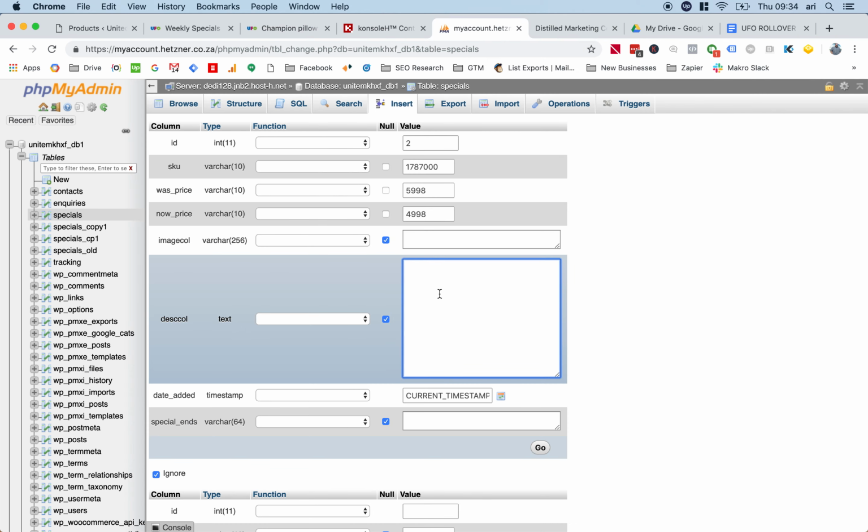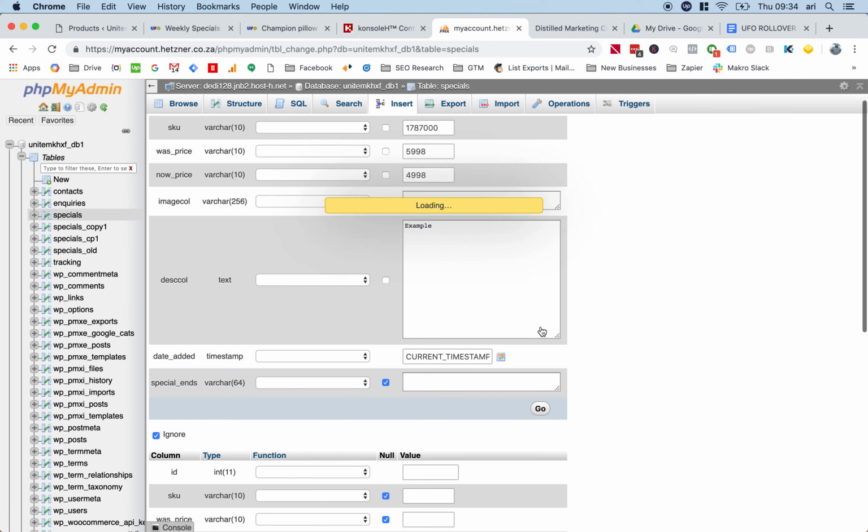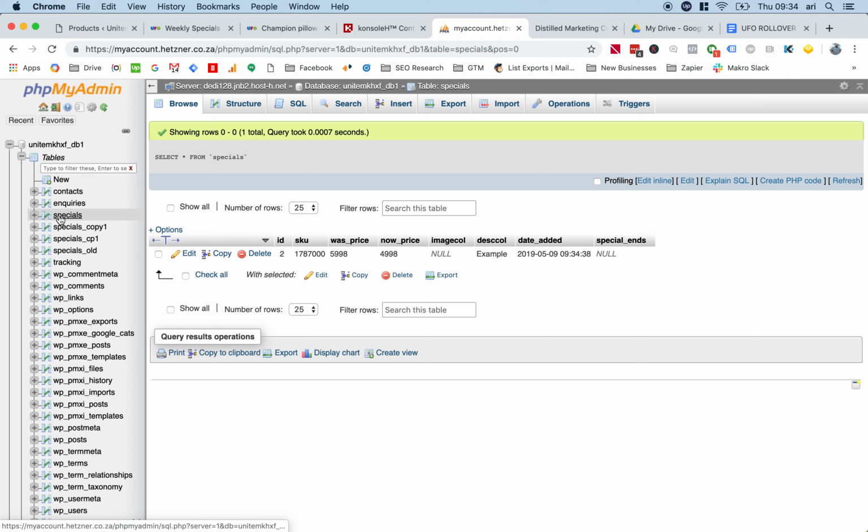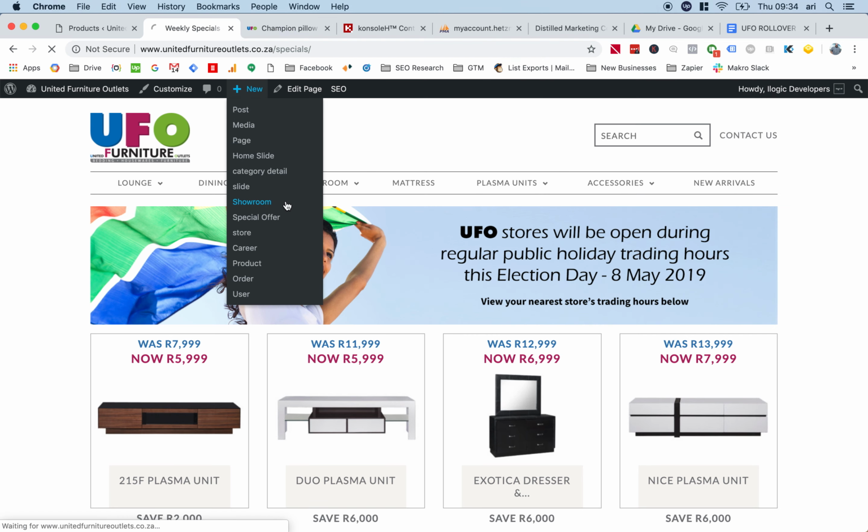Right, and I'm just going to put example. Obviously, you'll be provided with text for there. I'm going to click go, and I'm going to check that it was actually inserted, and you can see there it is. And now if we go back to the specials page and refresh it,